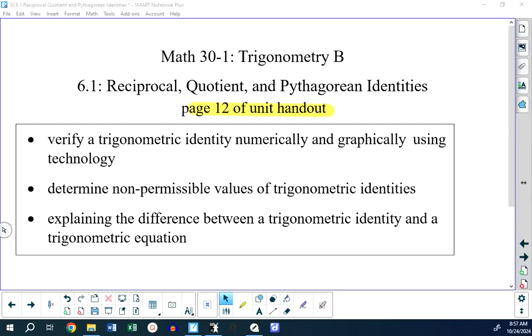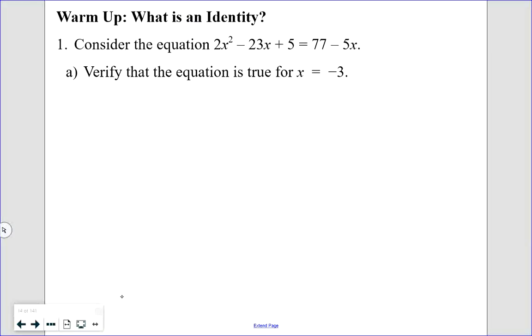What I'm saying is we're going to be taking things that we know are identities and just convincing ourselves that they are truly identities, whatever that word identity means. And we're going to learn about that. It turns out that identities have non-permissible values of the variable, and there's a difference between an identity and an equation. So let's get going on this. As a warm-up,